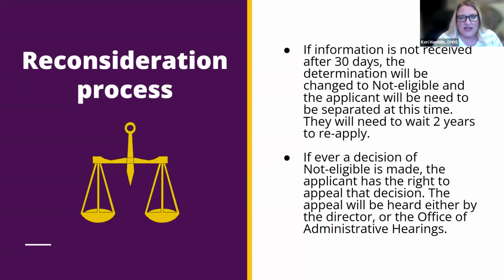And like I said, everybody has the right to appeal. However, depending on what it was that they were denied for, like Daphne went through, the shall denies and the may denies will determine what type of appeal or reconsideration they go through. If it was for any may deny, we cover those within our office through a multi-tiered approach and review the information that they provide to us. If it's a shall deny, they go straight to what's called the Office of Administrative Hearings, and those are reviewed to make sure that we have followed our correct processes and applied the statute accordingly. And that's basically it for reconsideration.